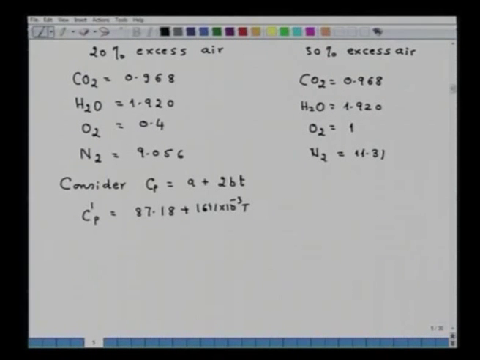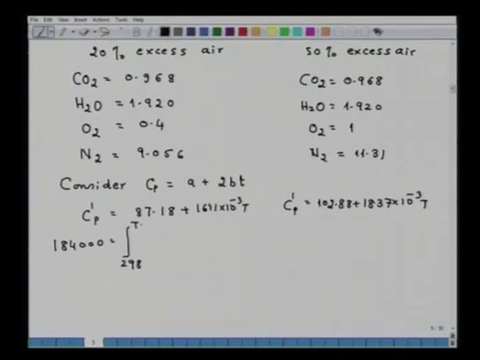and for 50% excess air, I will be getting C dash P equal to 102.88 plus 18.37 into 10 to the power minus 3 T. So, that is what the values are. Now, again I have to do the heat balance. So, here the heat balance will be 184,000, that will be equal to